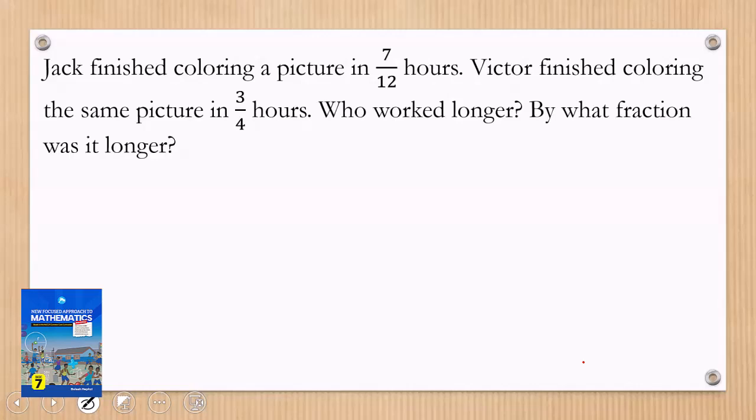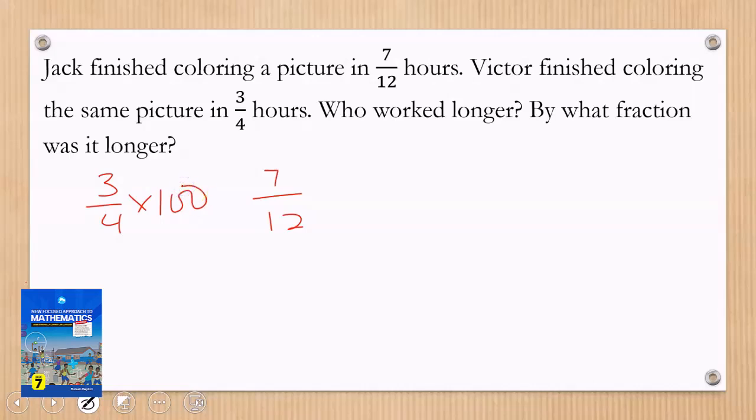Victor finished coloring the same picture in 3/4 hours. Who worked longer and by what fraction was it? Comparing the two fractions, we have 3/4 and 7/12. If you compare them as usual, let's multiply each of them